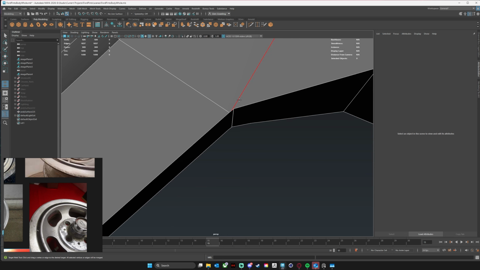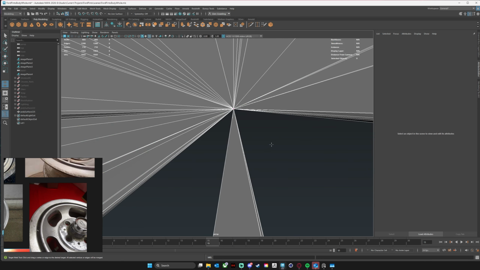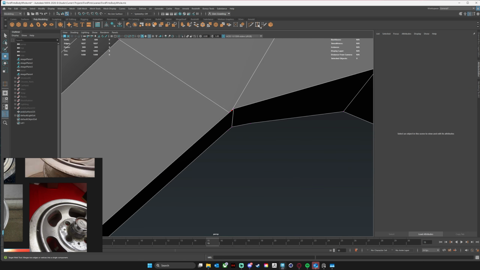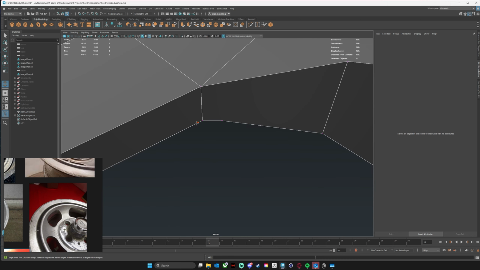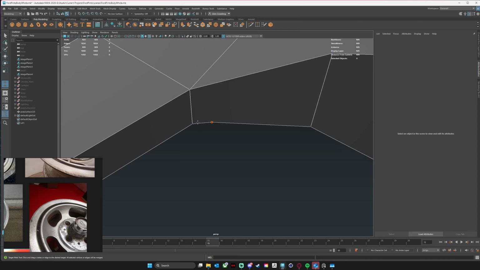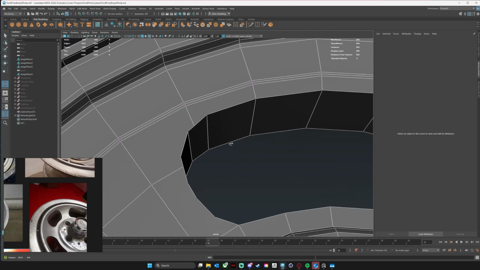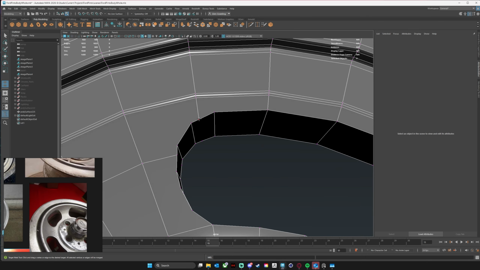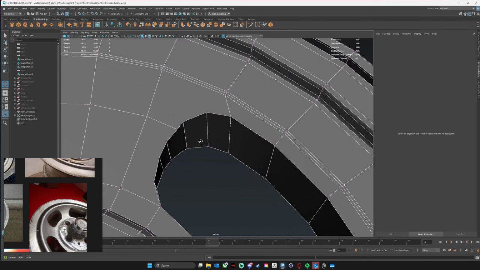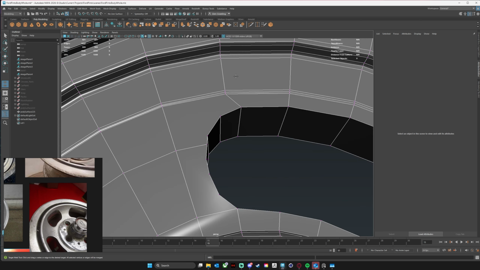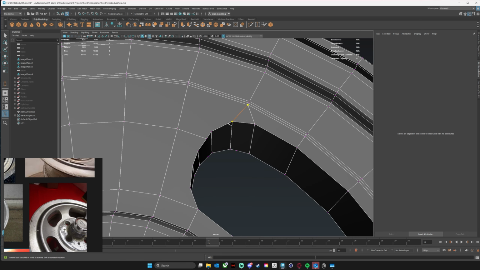Some of these I'm just going to use target weld. And again, I want to adhere to the shape of my hole there. I want it to basically adhere to the shape of that hole. So I'm just trying to fix my geometry now. We can use target weld and multi-cut, and just go through and